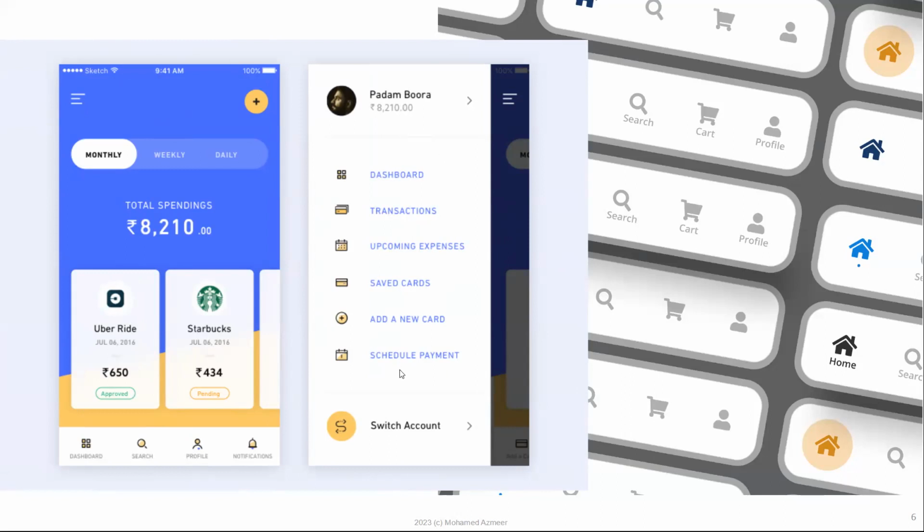And the menu itself has some very interesting information. So it says who is logged in and maybe a credit balance or something. I have another arrow if I want to see further information about that. And then I have a bunch of menu items here. At the bottom also, there is another button, another action I can do.